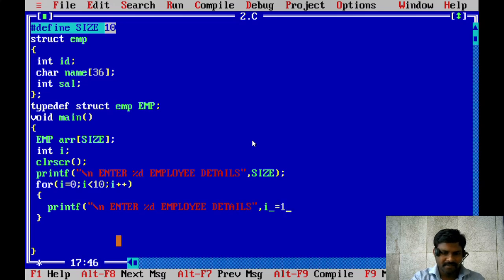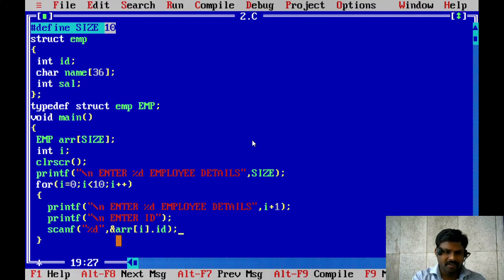This is the message the first time: enter first employee details. So printf "\n enter id", then scanf "%d" comma, how to get the address, arr[0].id. The first time it is arr[0].id, i value is 0, that's why arr[i]